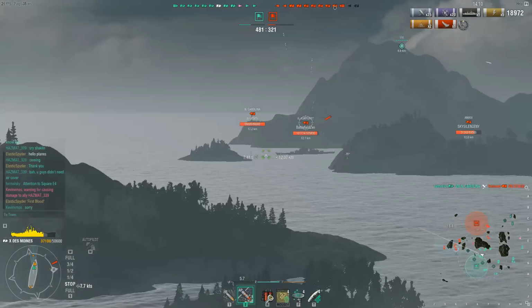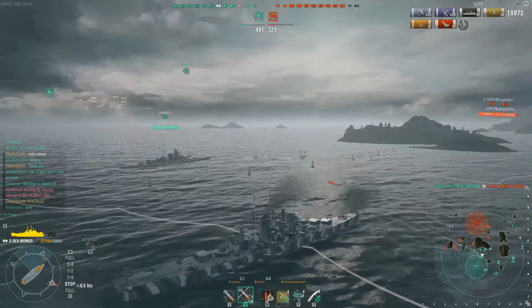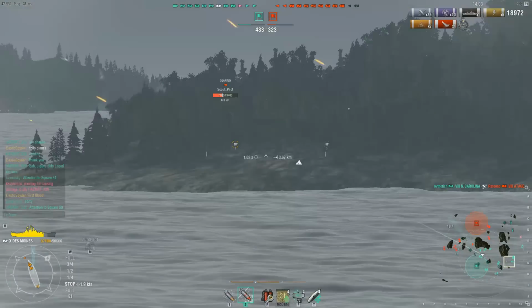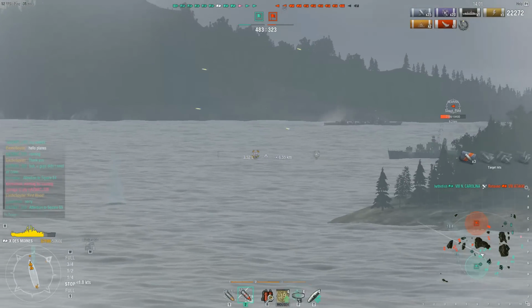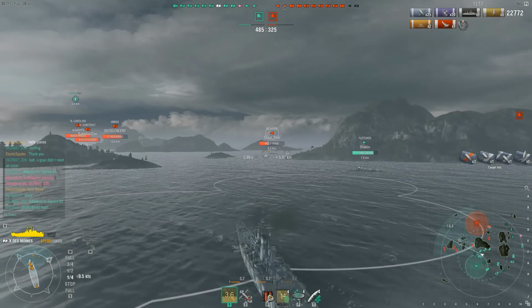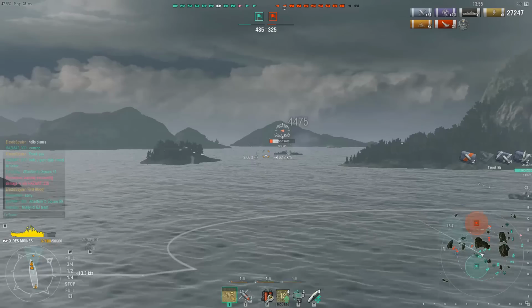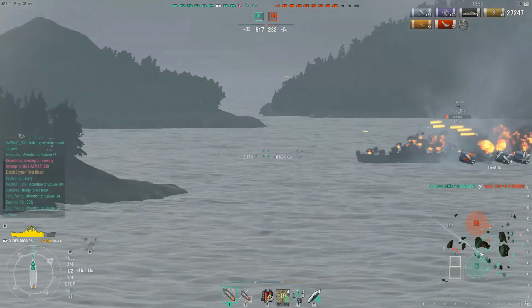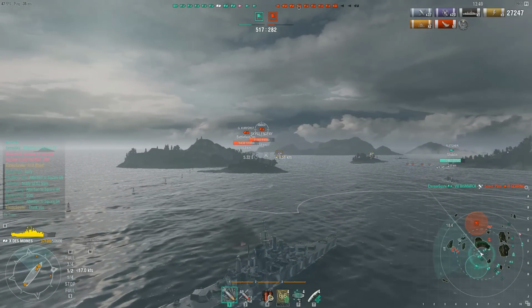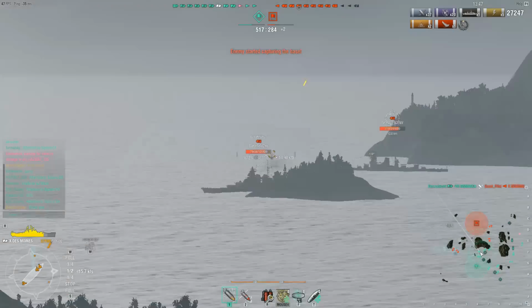And here I'm switching to AP. This is where this ship shines. Oh, another destroyer popped up, so I'm going to have to focus him. But as soon as this guy smokes up or goes undetected, I am definitely going to radar him. But he's already dead. So this smoke is going to be running out soon, and I do not want to be full on towards a...